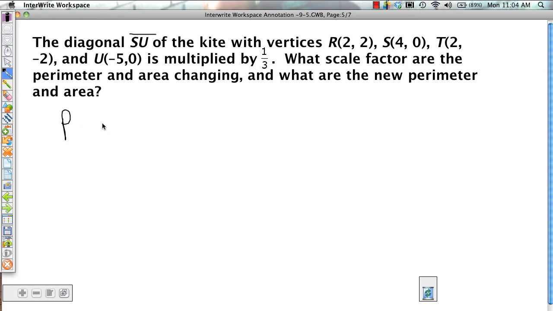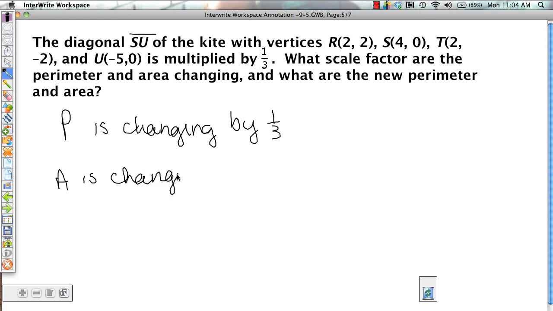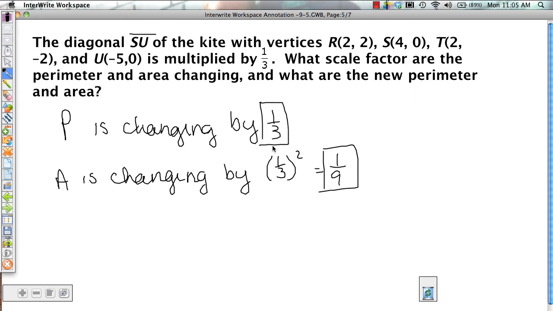So the perimeter is changing by 1/3. The area is 2 dimensions, so the area is now changing twice, so we need to square this scale factor just like we would with our units. So our area is changing by a scale factor of 1/9. So it could be as simple as that. If you were given the original perimeter, multiply it by 1/3 and you now have your new perimeter. If you were given the original area, you would multiply that by 1/9 and you would have the new area,